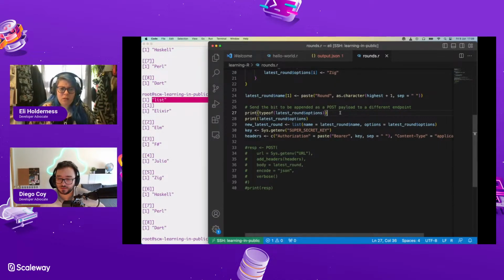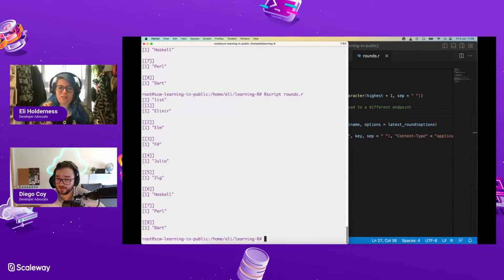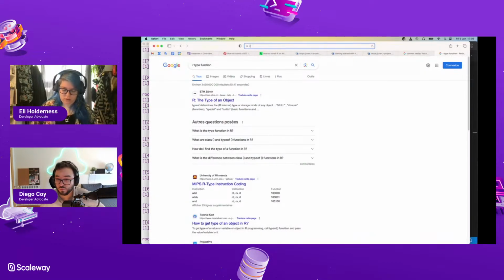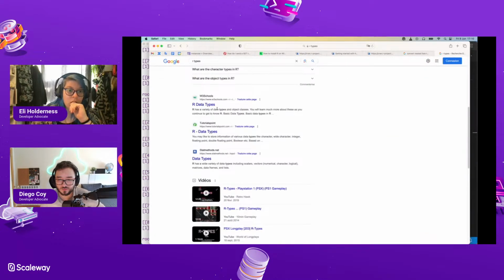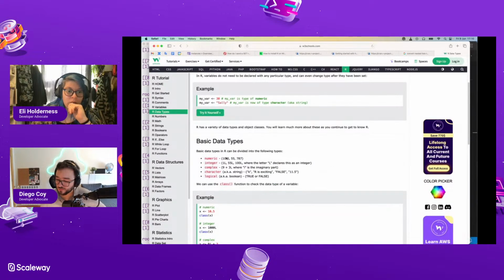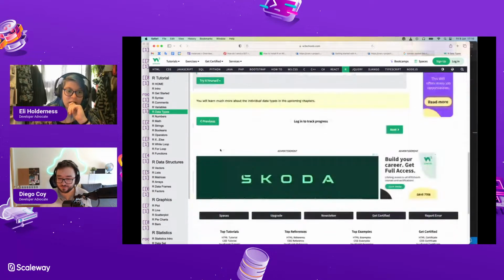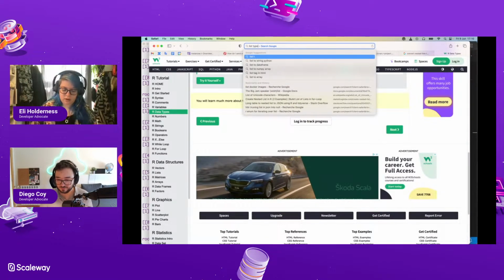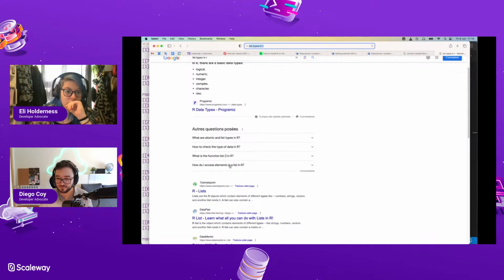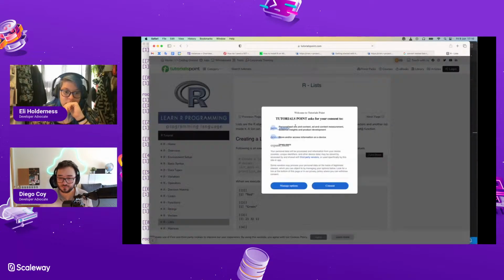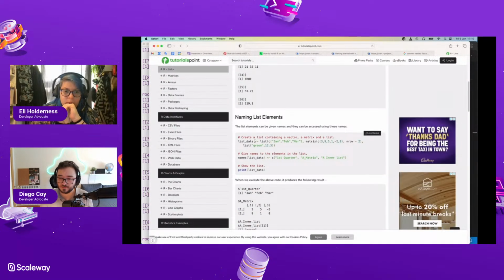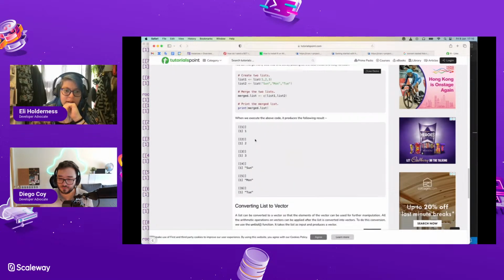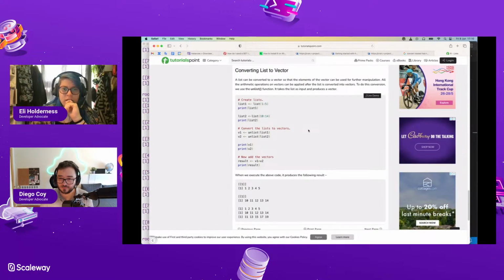Is list the same as a character list in terms of typeof? Basic data types. List types in R. Lists. Yeah, whatever. List elements, manipulating them, merging them, converting them to vectors.